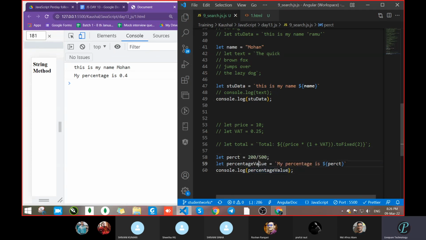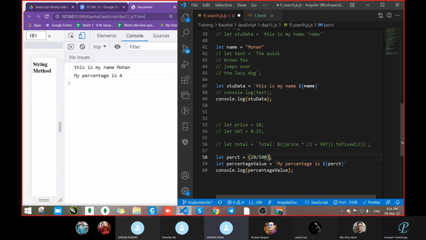Let's do something here. So 20, take this in bracket. 20 divided by 500. Take this in bracket and multiply by 100. It gives you 100.